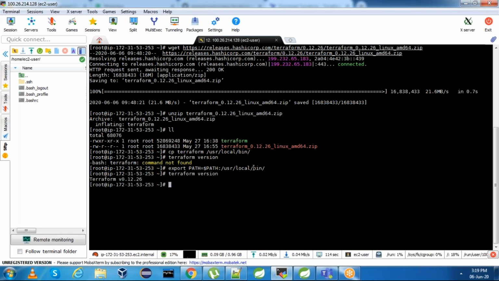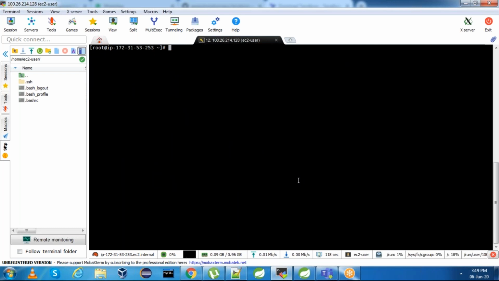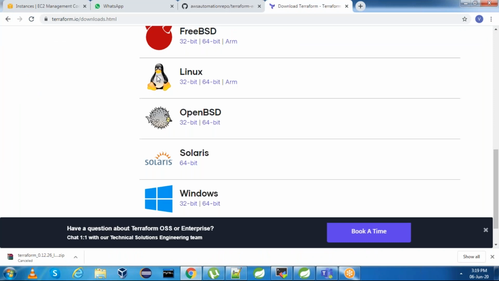Terraform version is coming. If you don't want to export this, what you can do is copy Terraform to /usr/bin, so that you don't have to set the path as well. Terraform version is there. Now we have Terraform, and I have written the code already for creating an EC2